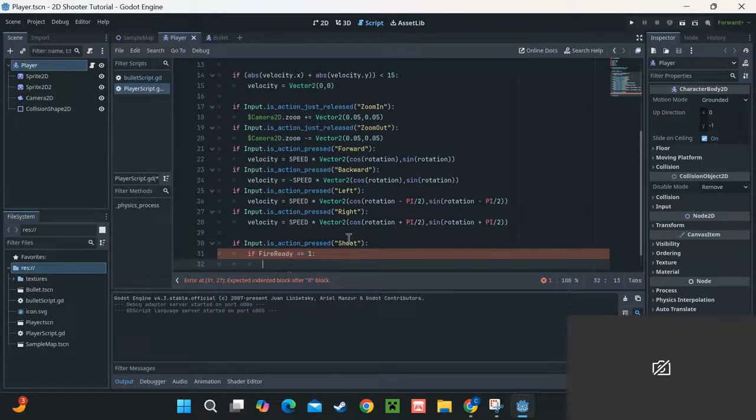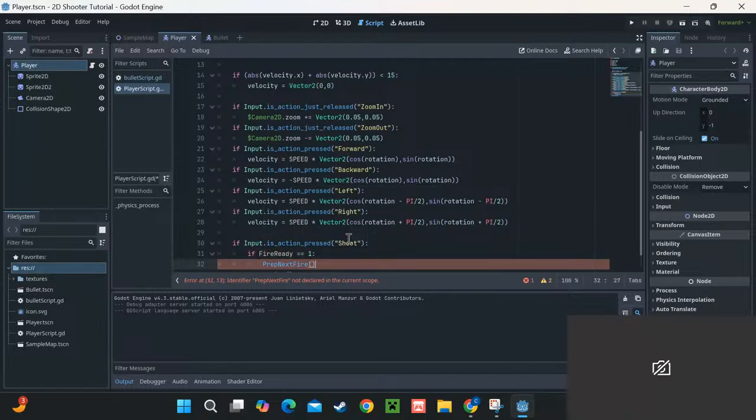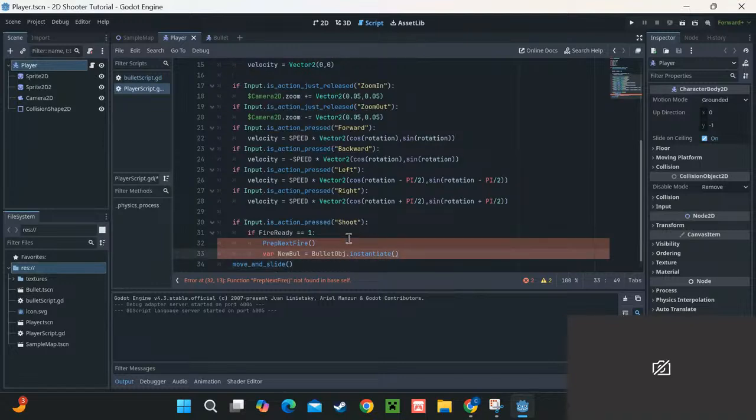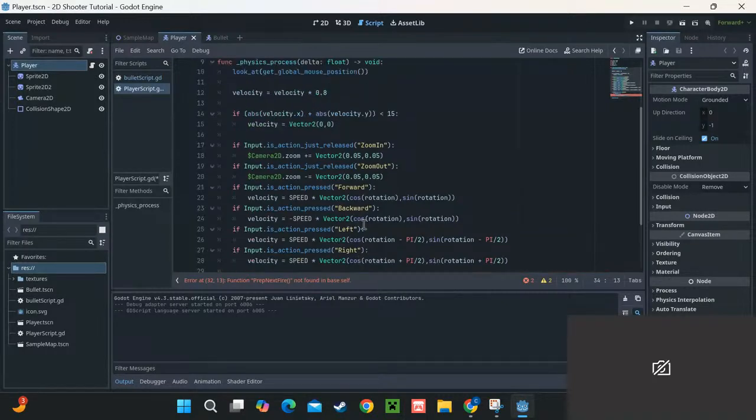All right. We're going to ignore particles for now. We don't need that. Next, fire. New bullet, instantiate. And lastly, I'm going to add a little bit more to this, but basically what this is going to be doing right now is that prep next fire function, which we're going to make after we finish this little snippet. That's going to be for changing around fire_ready to act as sort of like a reload thing. And I just instantiated the bullet object, which now that I realize it,